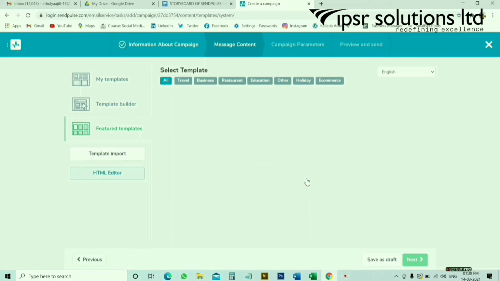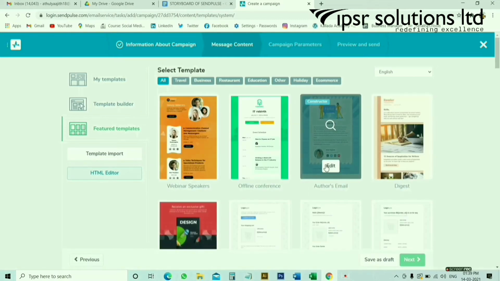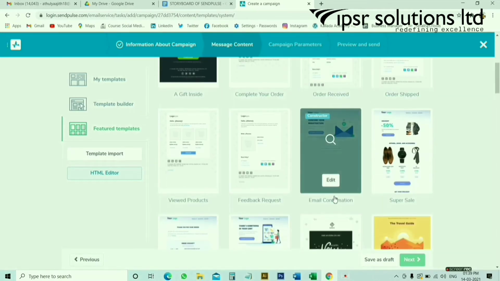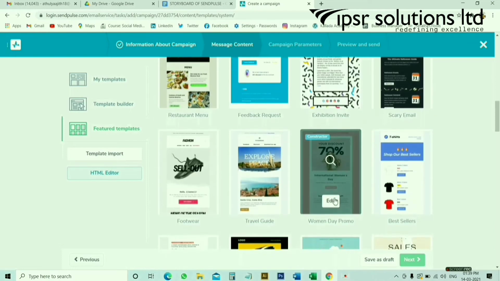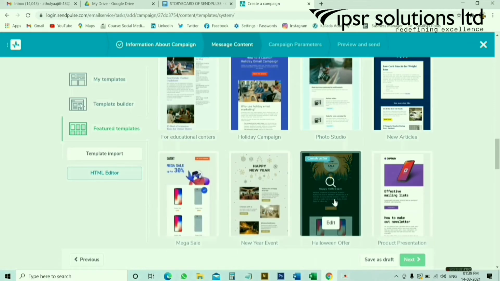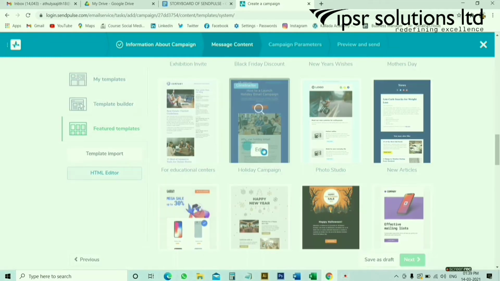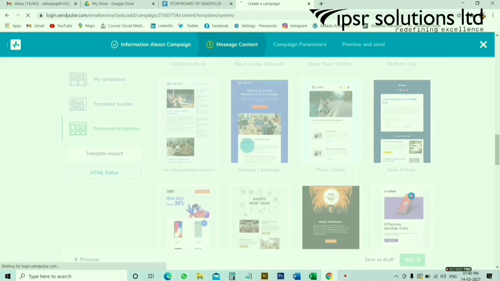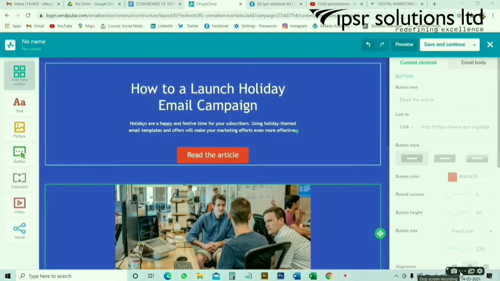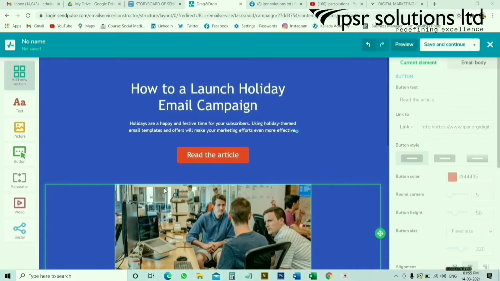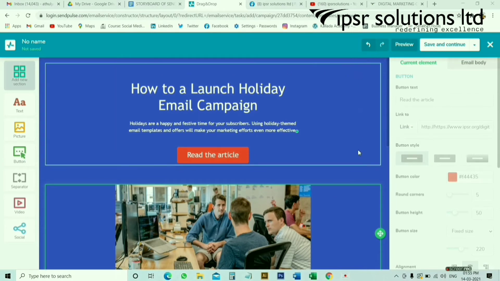Here you can see a wide variety of template by SendPlus. Let's choose one of the template. Click the template, then click edit. This is the pre-designed template of SendPlus.